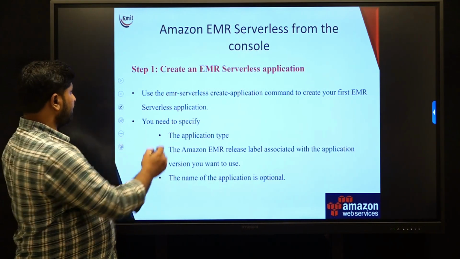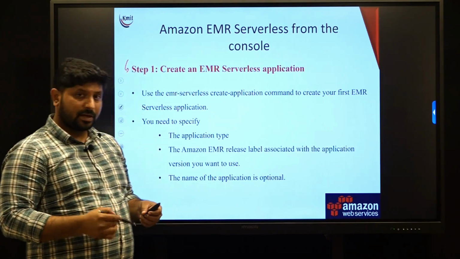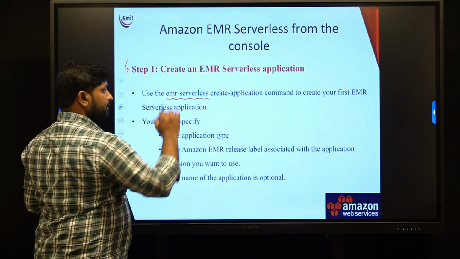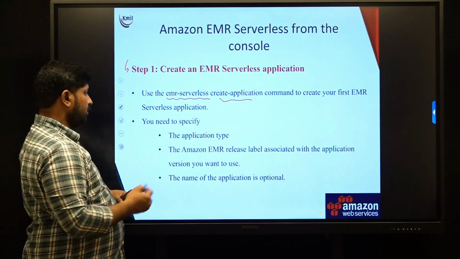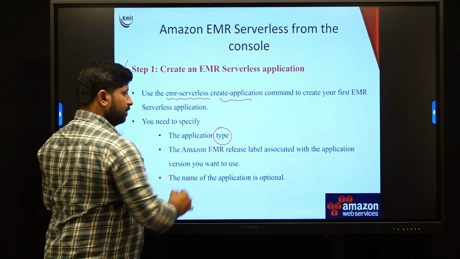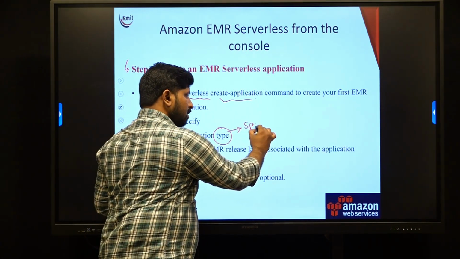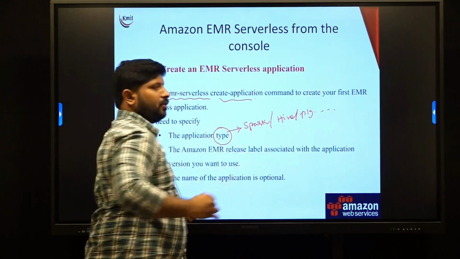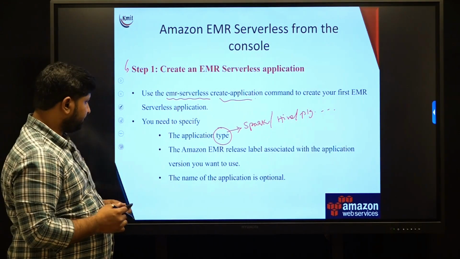The first step is how to create an application. When we are working with the CLI, this time we are going to work with commands. First, we need to use the EMR Serverless option for creating an application in the command prompt, and along with this, we will be mentioning the type of the application. Here the type means which particular framework we are going to use, such as Spark or Hive or Pig, whatever framework you want to use, that framework needs to be mentioned in the option as type, and